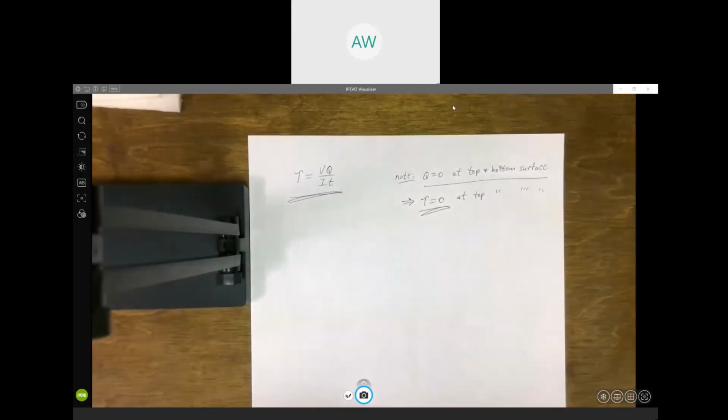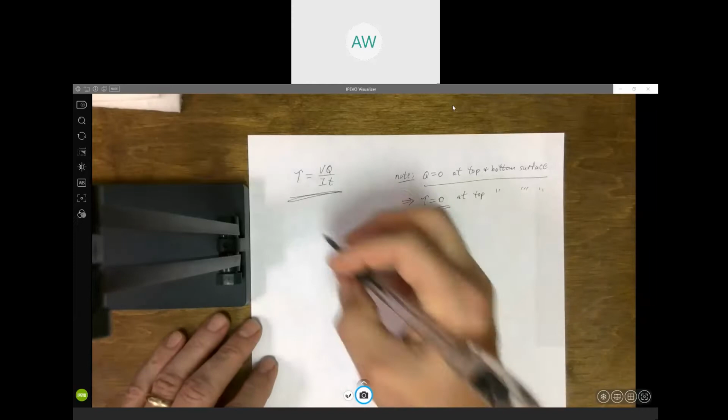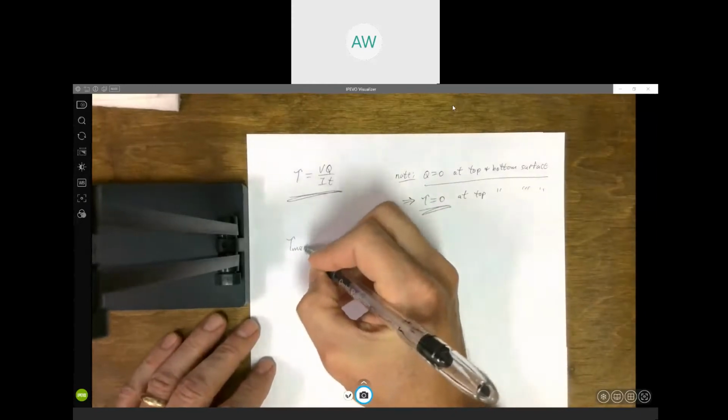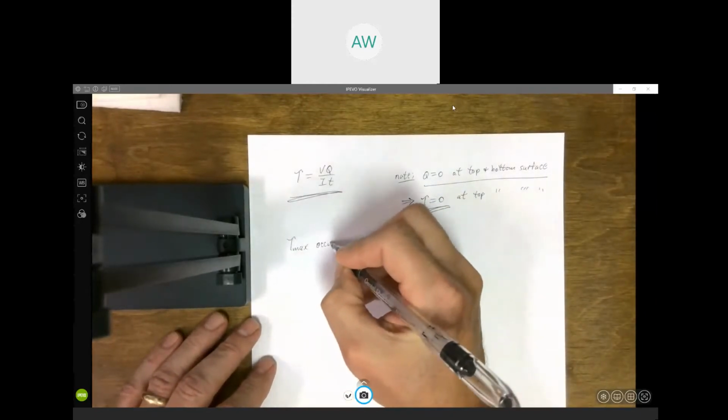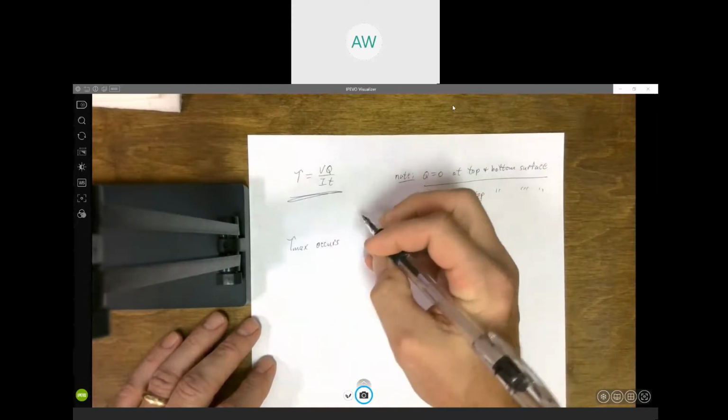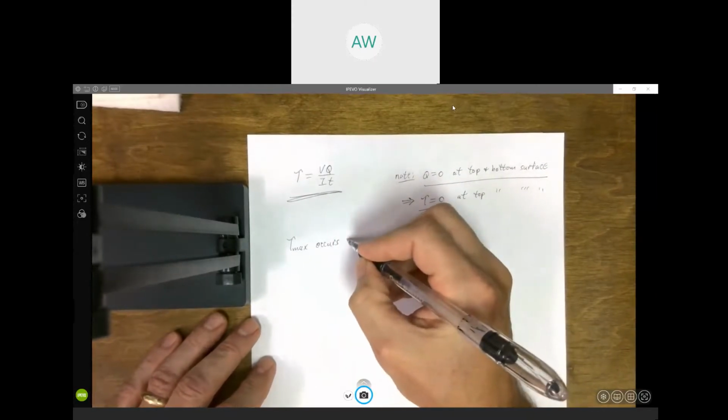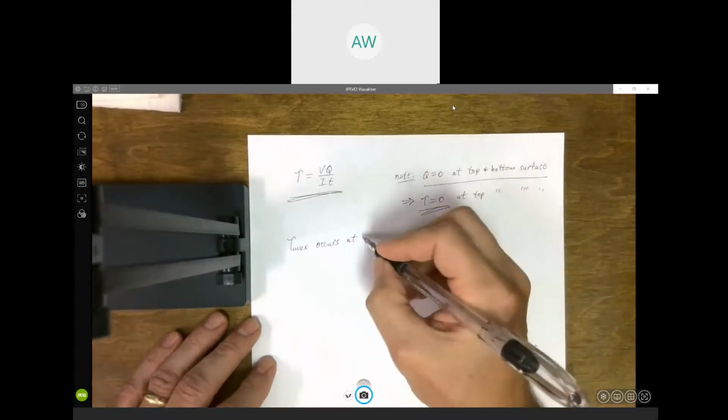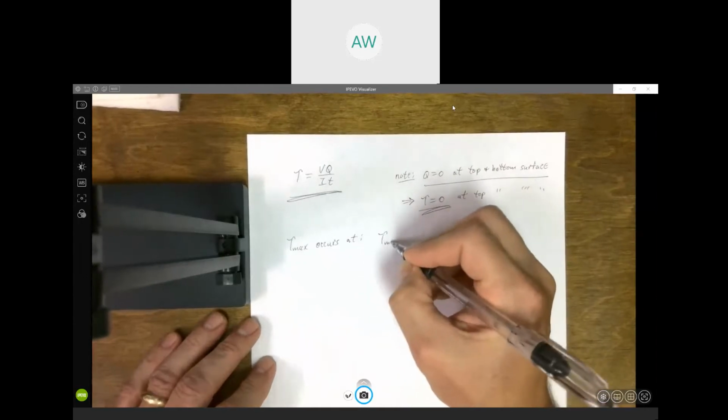Which is the exact opposite of the bending stress. The bending stress was 0 at the neutral axis, and its maximum was at the top and the bottom surface. But shear stress is going to be 0 at the top and the bottom surface. Now, the actual maximum tau max occurs at